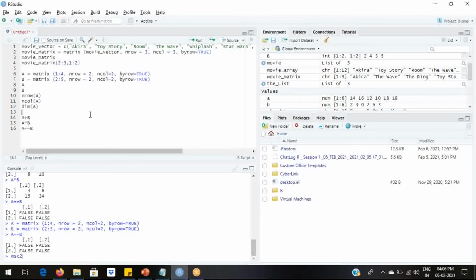So does anyone want to try any other operation? We have done addition, multiplication, and compared values. We can do subtraction or division. So which one do you want me to do? Okay, division. Subtraction. Cool. We will do both.